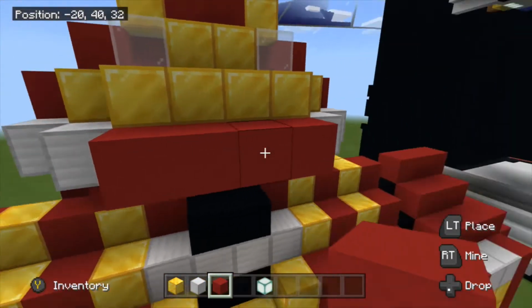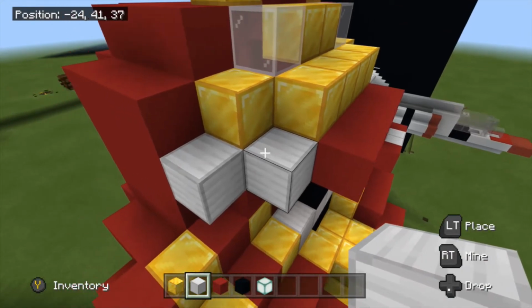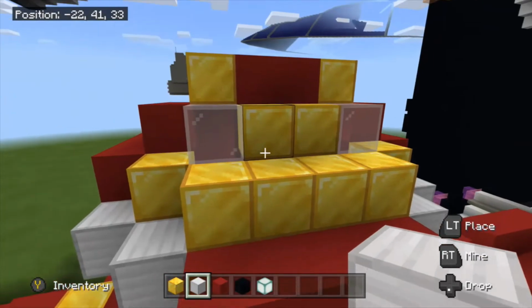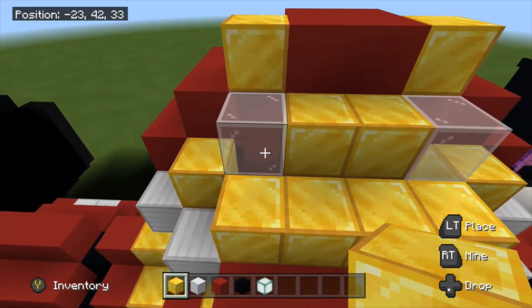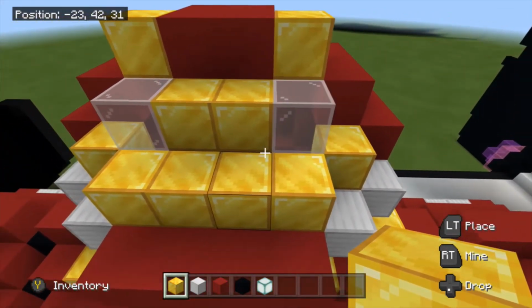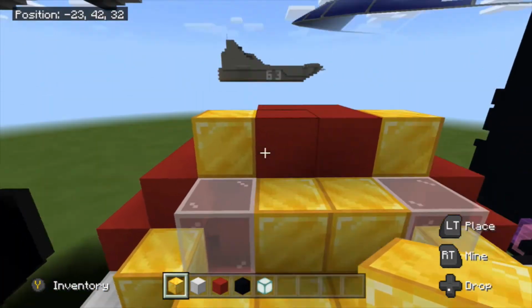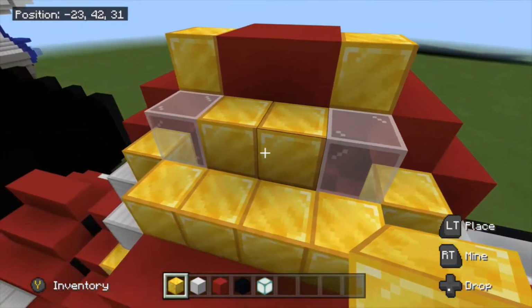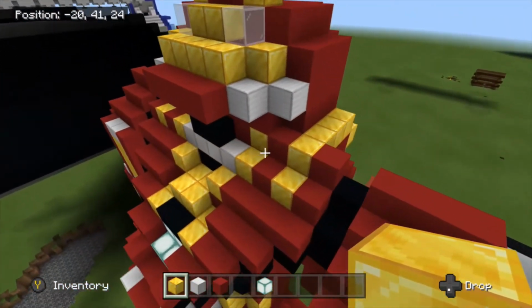Actually, that looks a little bit better. I didn't mean to do that. But put the iron here diagonally, and then diagonally upwards, put the gold, and then diagonally here. Oh, you're going to need 2 pieces of white glass. And, I mean, normal glass works too, but basically punch those in as the eyes, and then basically go with the gold there and there, right above the eyes diagonally, and put this 4 block here,